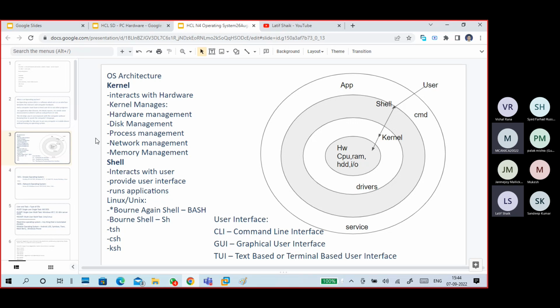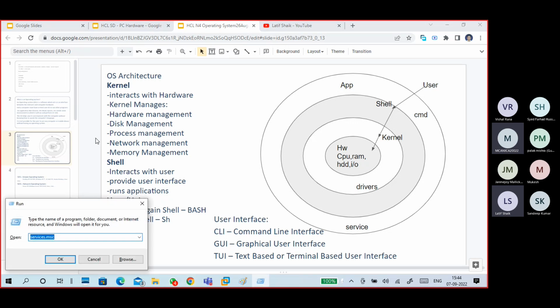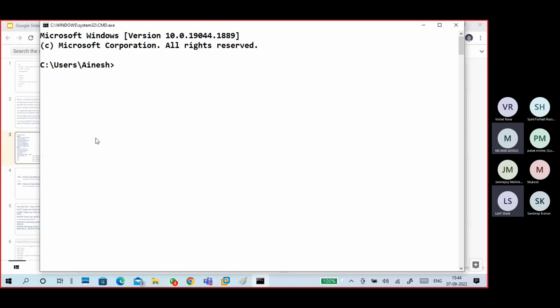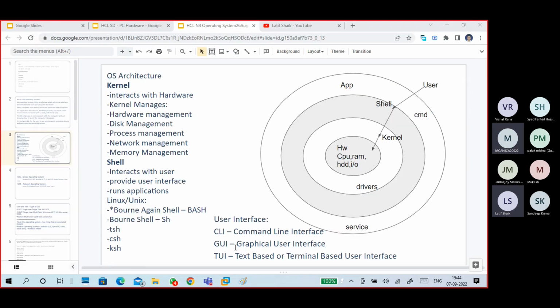The shell interacts with the user. I don't know how to interact with the hardware, so I use an operating system. What am I interacting with? I'm interacting with the shell only. The shell can be a command line, like in Linux, where you get a command line. It is very simple. Or if I'm using a GUI-based, graphical operating system, like Windows,